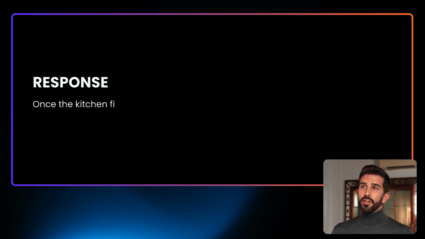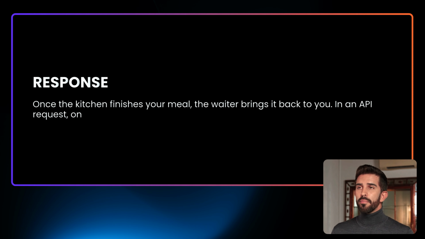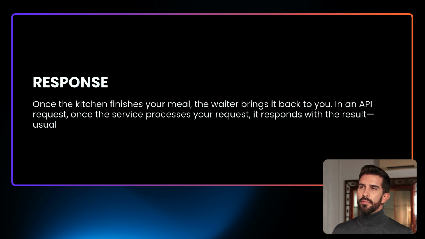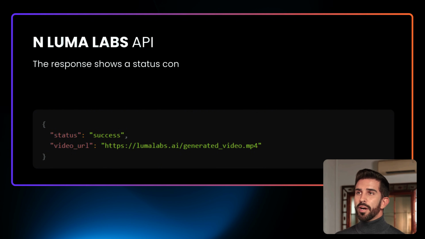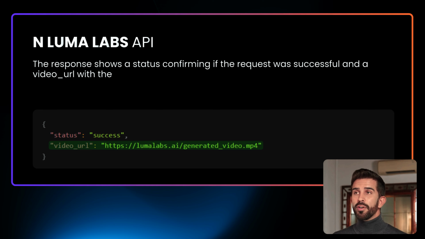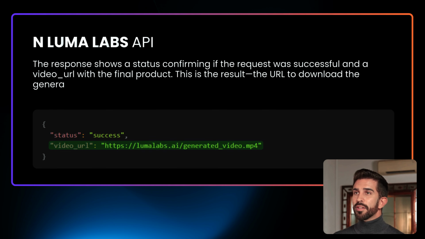5. Response, receiving your order. Once the kitchen finishes your meal, the waiter brings it back to you. In an API request, once the service processes your request, it responds with the result, usually in JSON format. In Luma Labs API, the response shows a status confirming if the request was successful and a video or URL with the final product. This is the result, the URL to download the generated video, like receiving your meal at